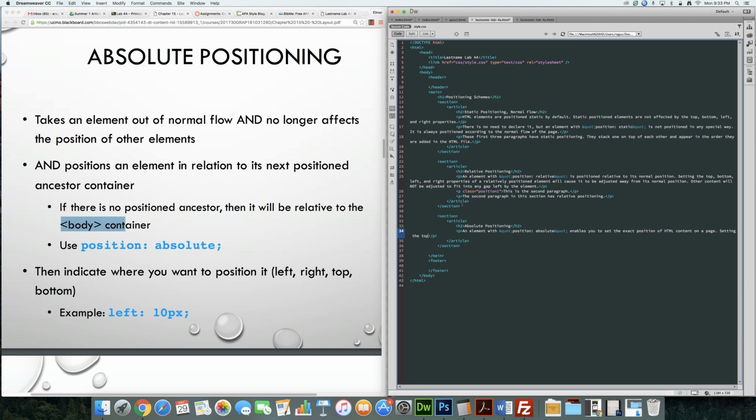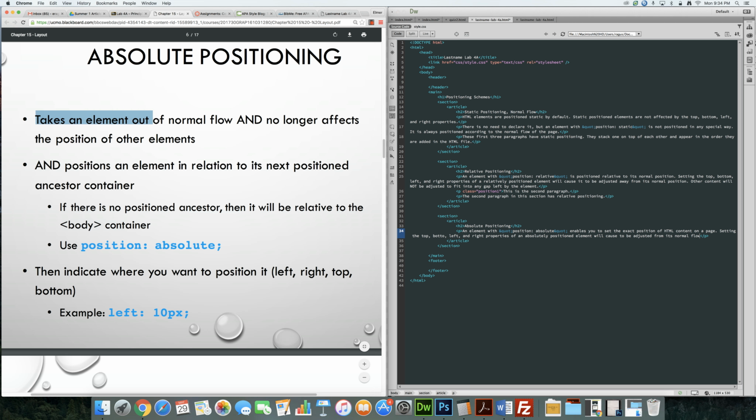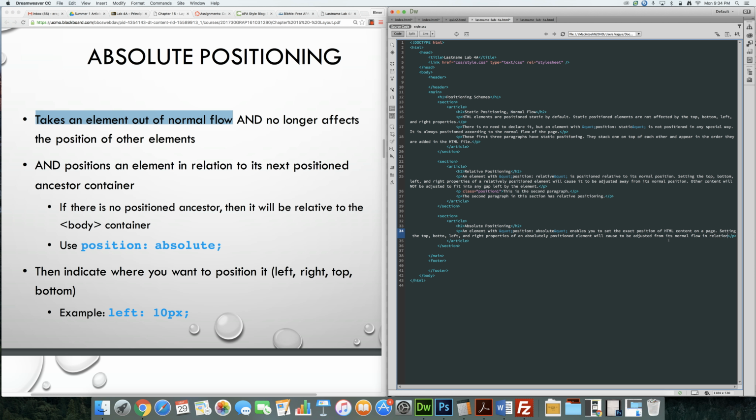Setting the top, bottom, left, and right properties of an absolutely positioned element will cause it to be adjusted from its normal flow. That's this first portion here. Takes it out of the normal flow in relation to its first positioned